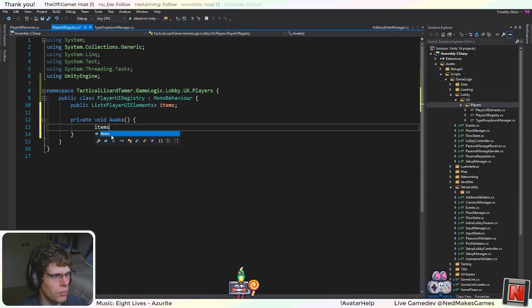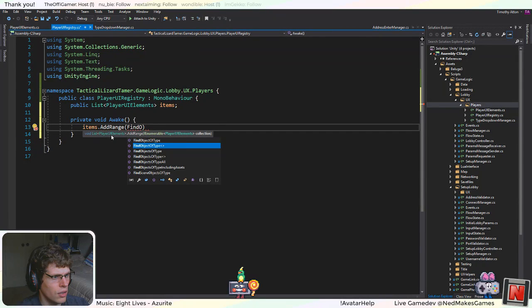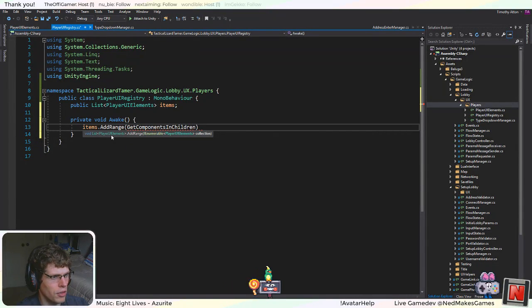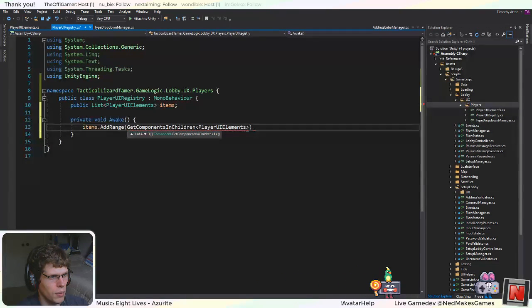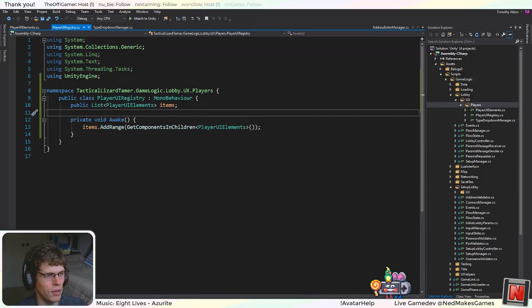So we want to do items, add range, find, oh wait, no. So get components in children. We want the plural version, and this will be player UI elements. And so this will get all the different player UI element components in every child. So it could be, I mean, this will be fine,